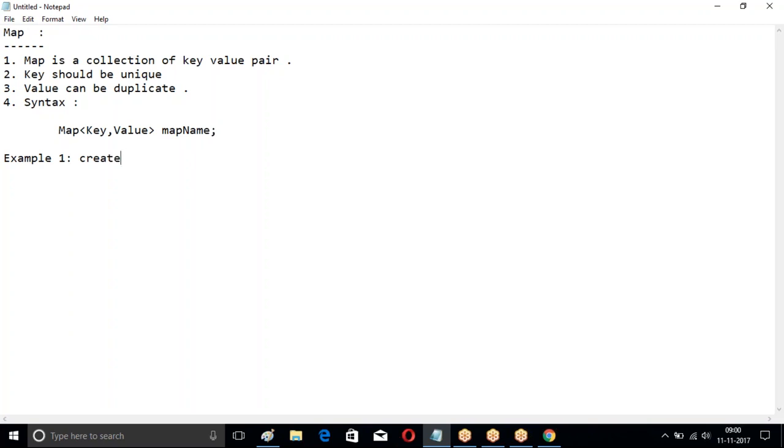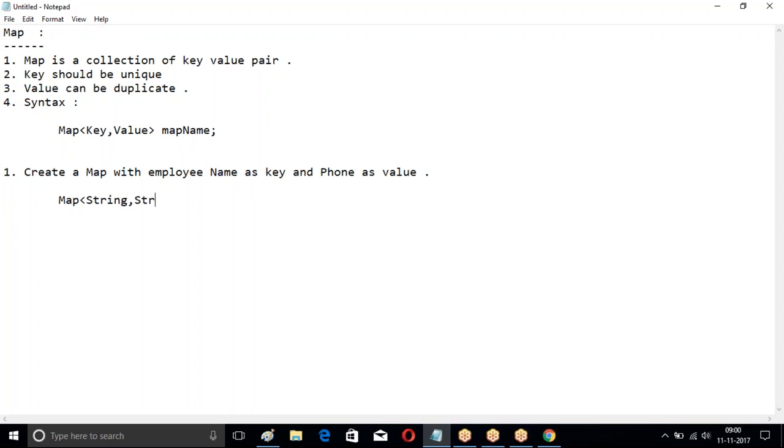Create a map. Okay, first we'll try. Example 1: create a map with employee name as key and phone number as value. So how do you create? Map of String comma